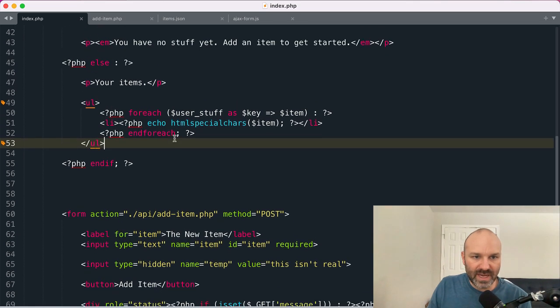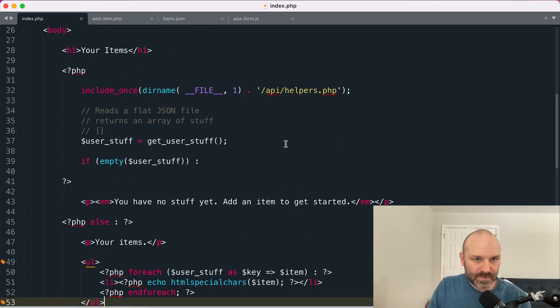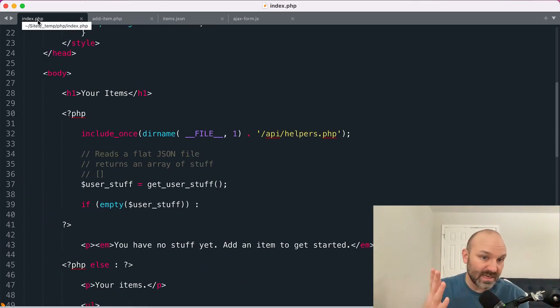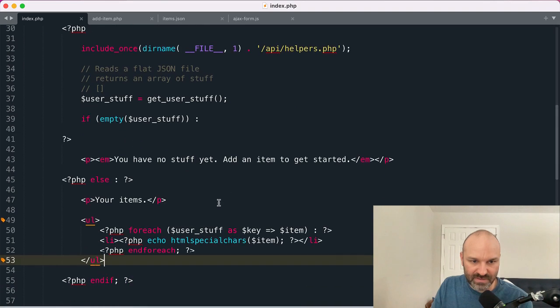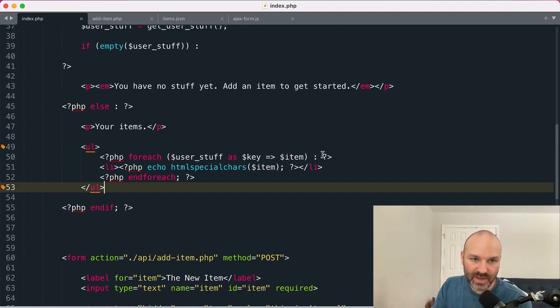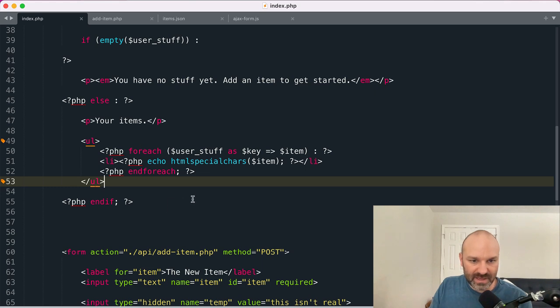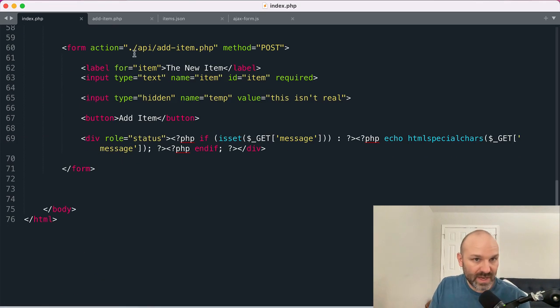If we jump in and look at the HTML, it's actually an index.php file that is grabbing some stuff from a JSON file. If it's empty, it shows the message that we're seeing on screen right now. If not, it displays a list of items. And then we have a form that when it's submitted, sends or posts all its data to this